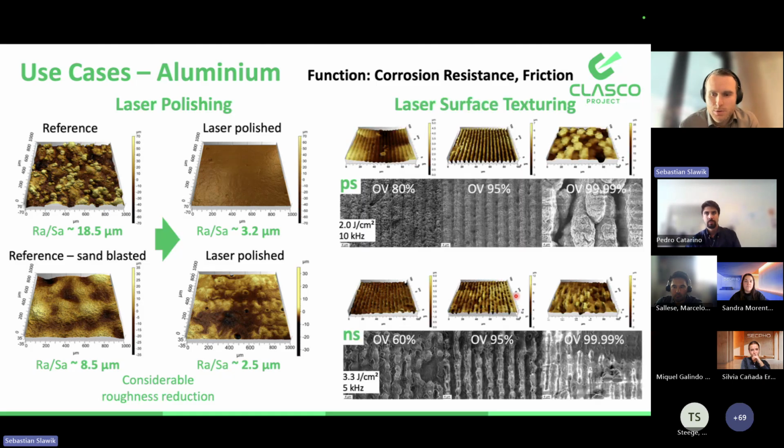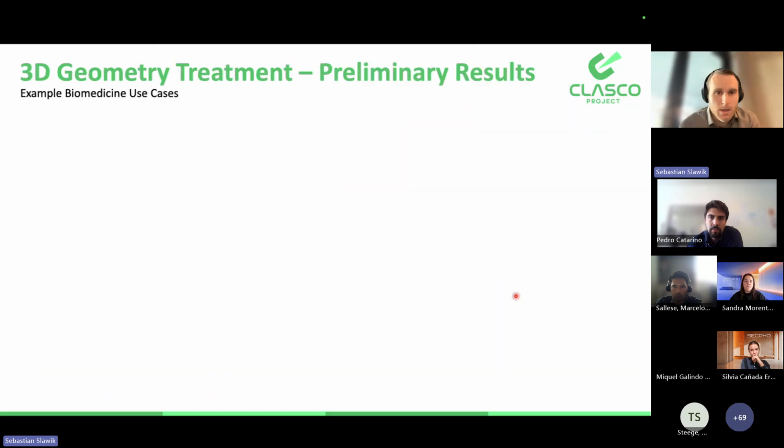And we also did the laser surface texturing with more or less the same result, but in this case it is more challenging regarding the Scalmalloy alloy because the initial roughness is higher and the material is more challenging to process. And finally, I can show you